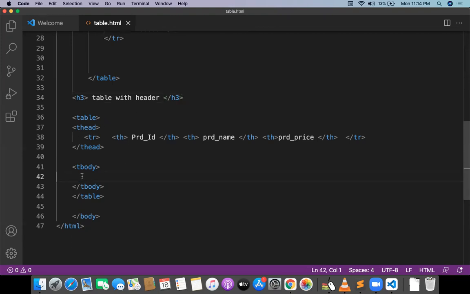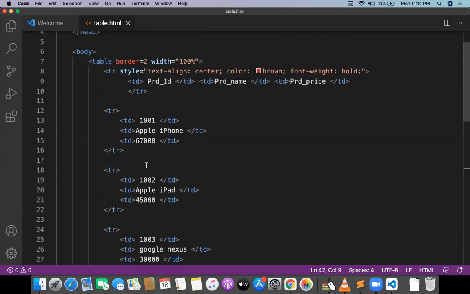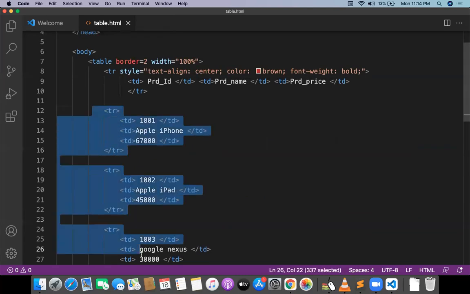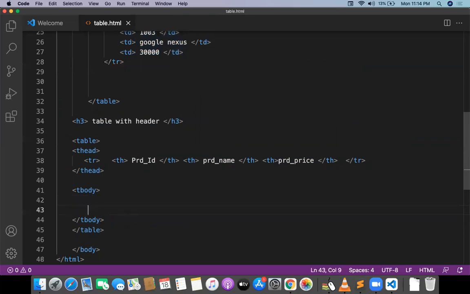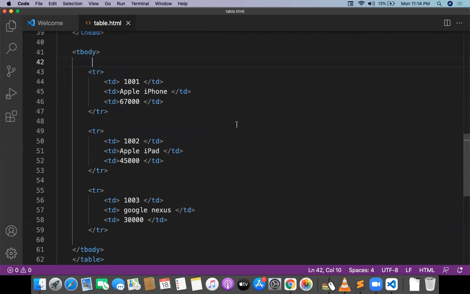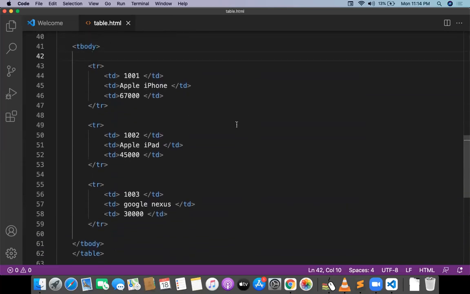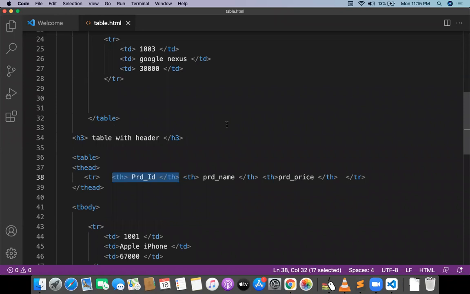Now the T body section is completely different. Inside the body, we need to give the values of the particular products. I move to the T body and give multiple TRs, and inside each TR we will have TDs. But in the T head, we have TH. This section is completely different: instead of TDs, I take TH, which is the table heading part.